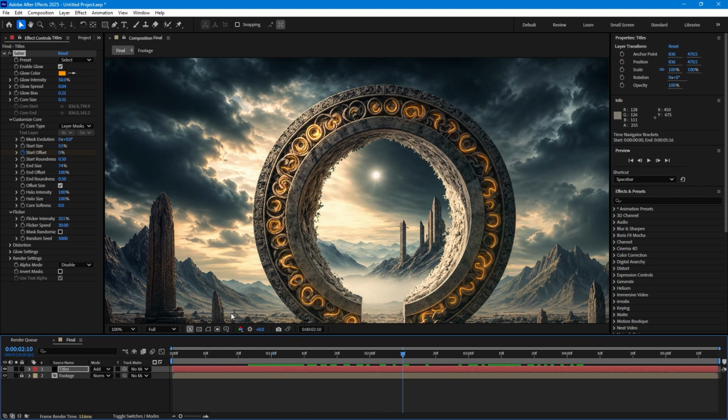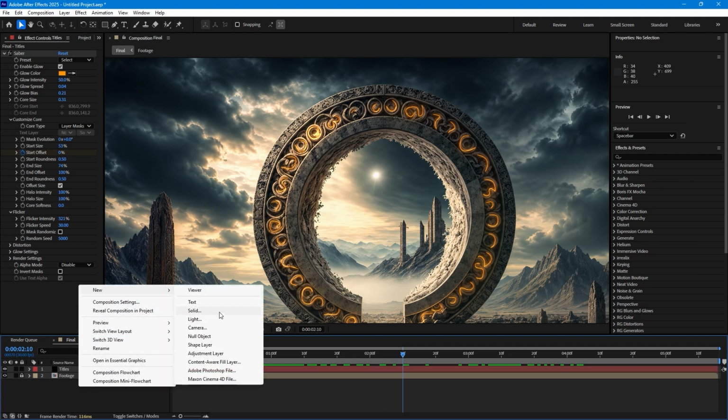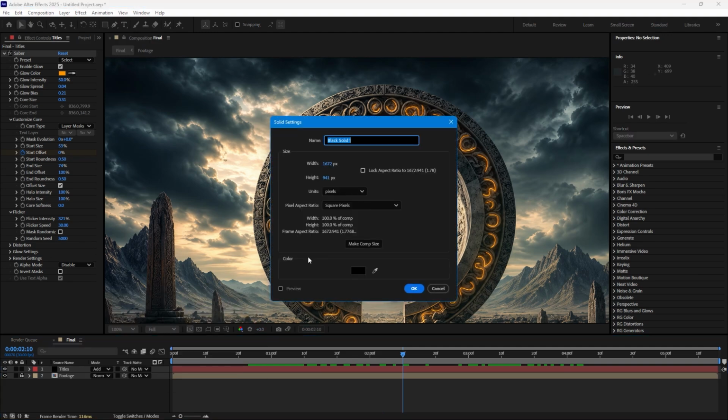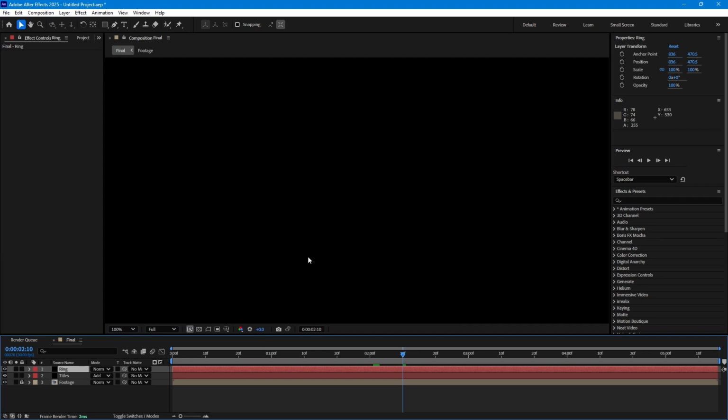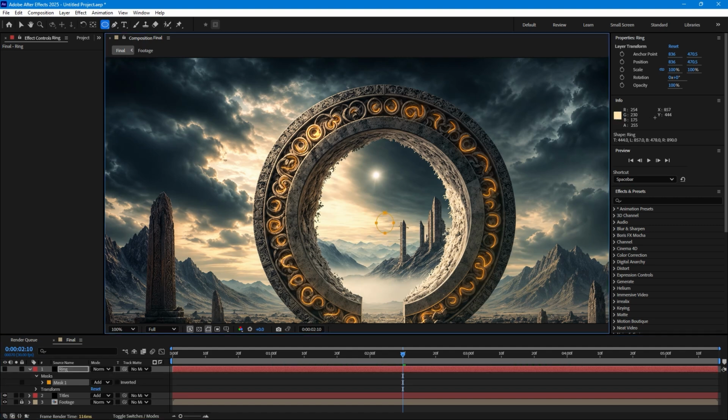Here it is. Okay guys, and now time to create another new solid, and right here the ring, and go to select the ellipse tool, turn off the ring solid, hold Ctrl plus Shift on keyboard and create a circle mask right there, move up, sit here,